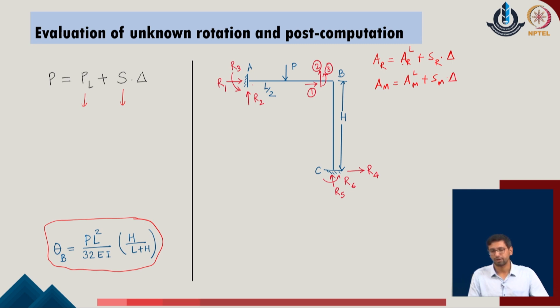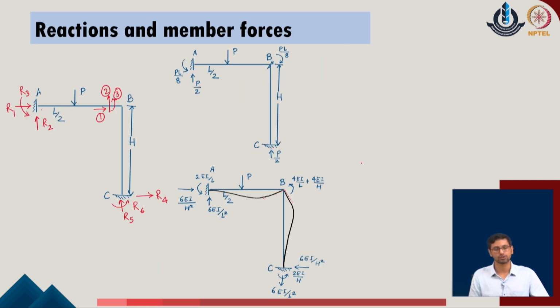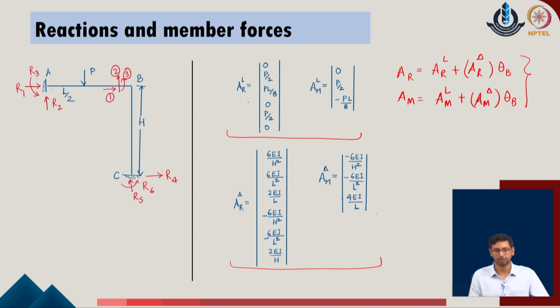Now, in order to evaluate the values of these loading components, we again consider the fixed ended system and we calculate the directions or the values of the reactions in the direction of R1, R2, R3, the 3 reactions over here, and the 3 reactions in the given system R5 to R6. Now, with respect to these values and the associated value of the member forces, we calculate the end forces of the given system. We have done the same system again. This is the loading parameter in which all the degrees of freedom are restrained. This is the first system in which theta b with the unit value is released in the given problem, and once we solve these parameters, we get the net value of A of r, which is defined in this manner.